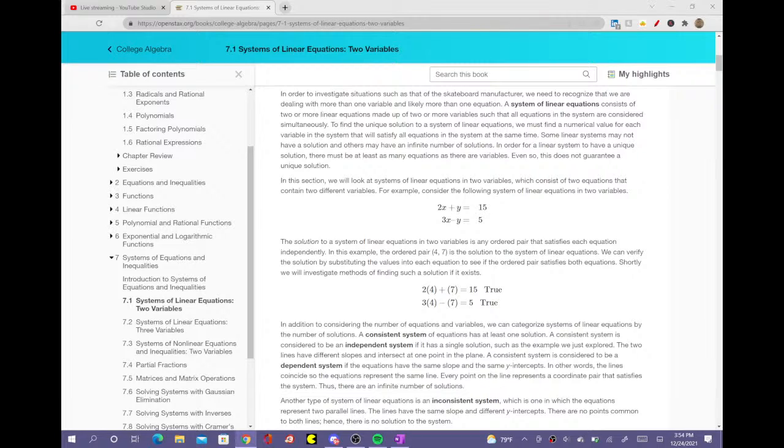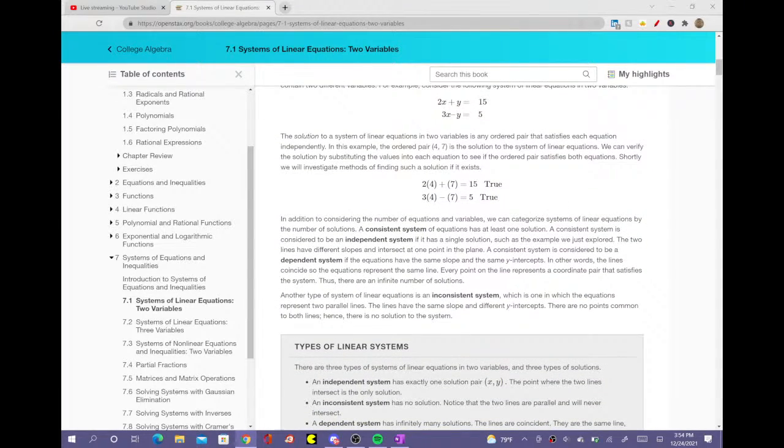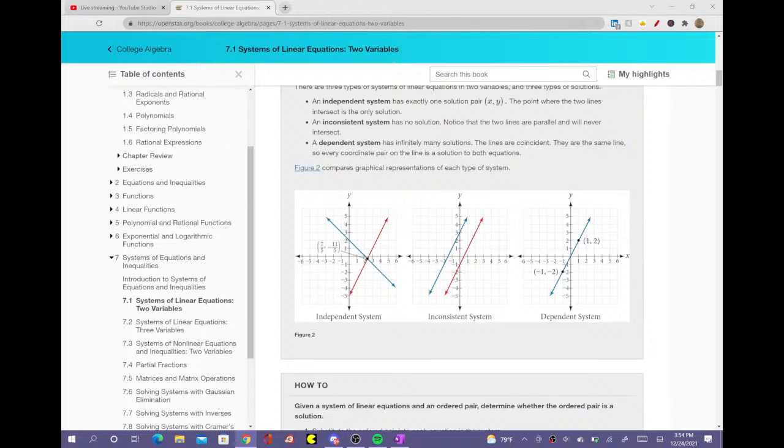An inconsistent system is one where they have no solution at all. So it's 2 parallel lines. A dependent system means that it has many solutions. So an independent system of equations means that it has one solution like this. Inconsistent system means that it has no solutions at all, and a dependent system means that it has many solutions. Okay,